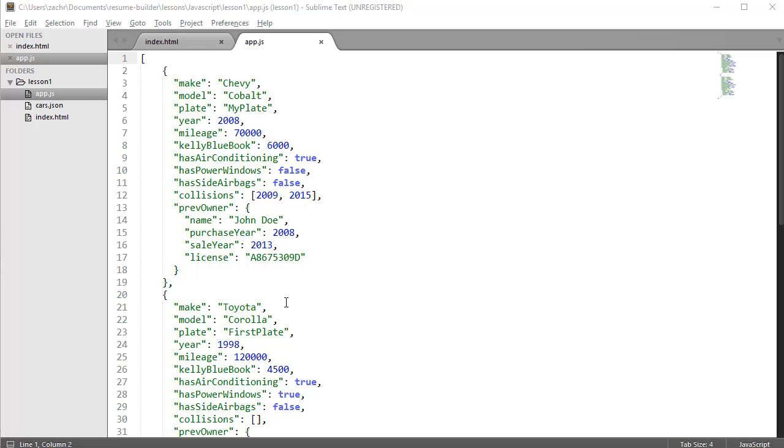The next thing we're going to talk about is JSON. JSON stands for JavaScript Object Notation, and it's a way of sharing data. It's a way of structuring our data that is independent of the programming language itself. And so in this case, we have JSON that is based on the car example we used earlier, and the